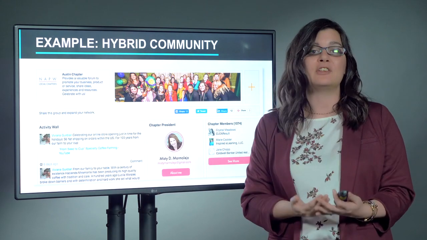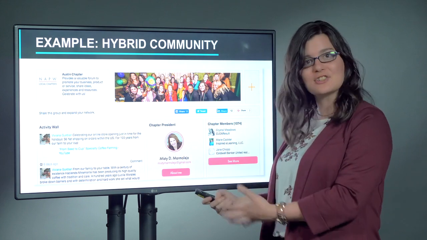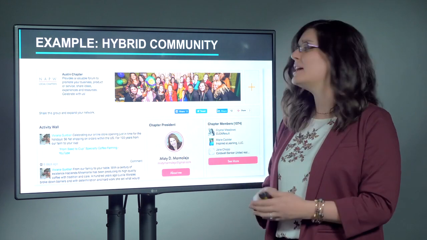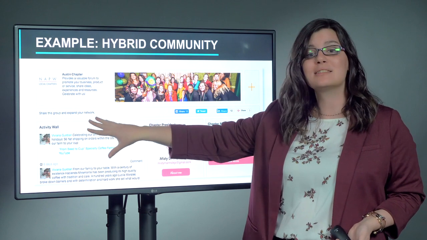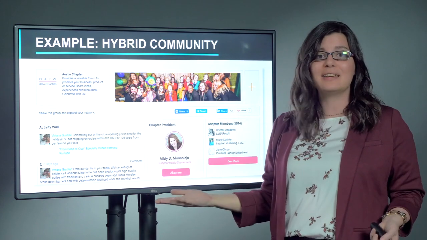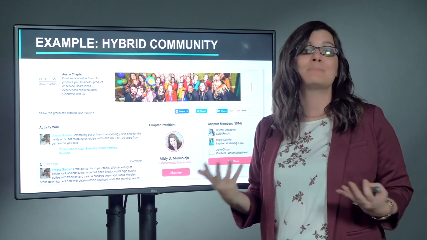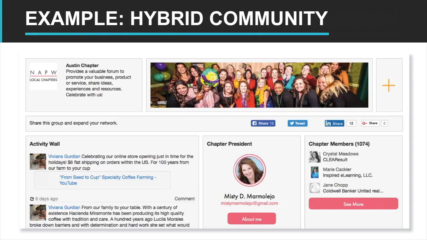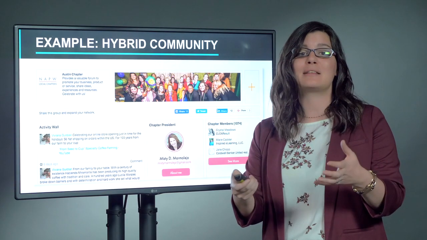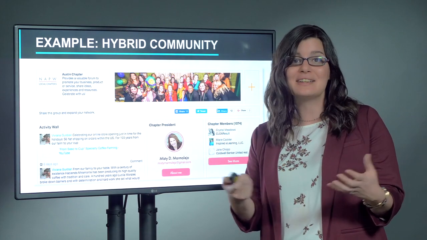It's a community of interest because it's business professionals. It's a community of place because it's specific to Austin. And it's probably a community of inquiry as their members talk and share best practices. So you can make a hybrid, and in fact, I highly suggest it so that you can create a truly unique space